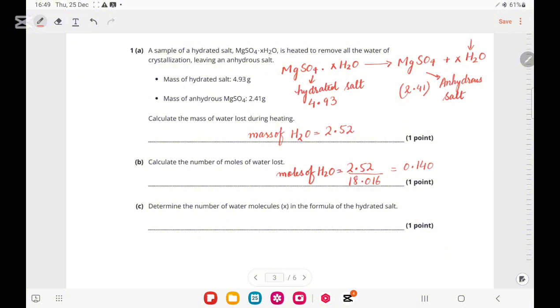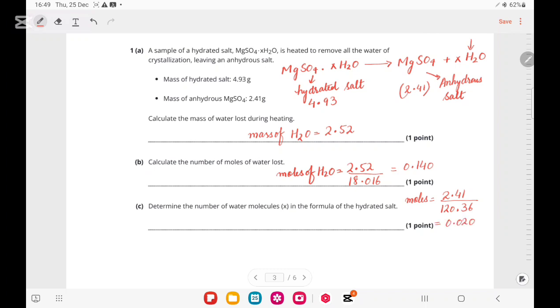So if we want to calculate the number of water molecules, then we must find the moles of anhydrous salt as well. So in order to find the moles of anhydrous salt, the mass is basically 2.41, and the molar mass of magnesium sulfate is 120.36, and that comes out to be